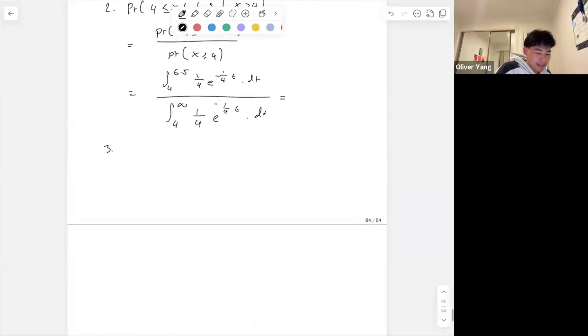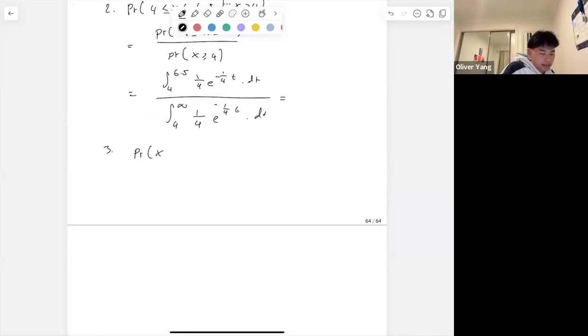So we know that Pr of X less than t gives us 0.3, right? So how are we going to do this? We want to make it a cumulative distribution function, CDF, right? So we're going to do